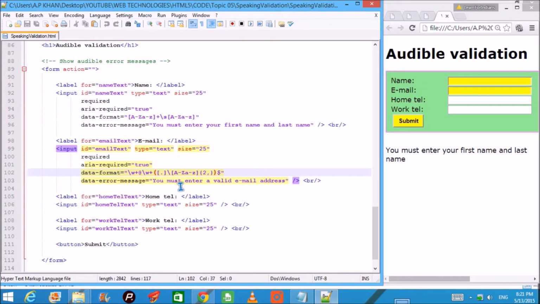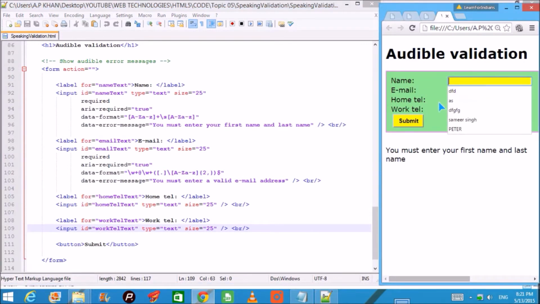That means you may have apk@yahoo.com or you may have apk@yahoo.co.in or co.uk. So both will be acceptable. If the user does not fulfill this requirement, then a data error message will be shown. And this is again for home telephone and work telephone. No ARIA concept has been applied here, so we'll concentrate on this.